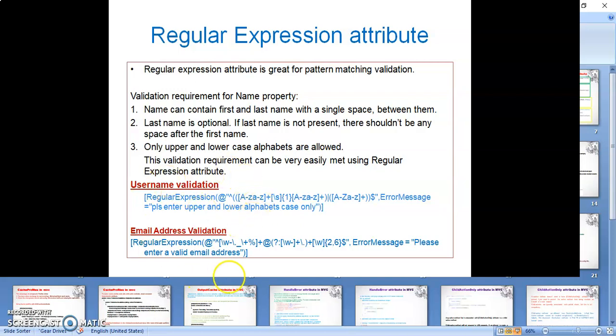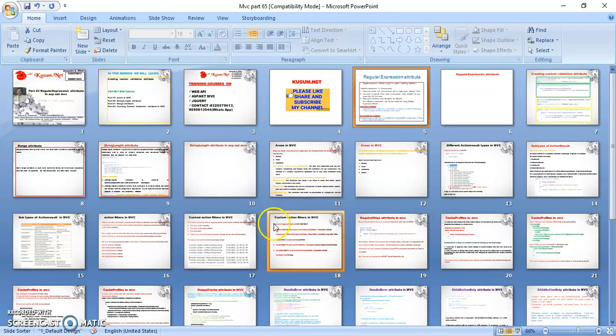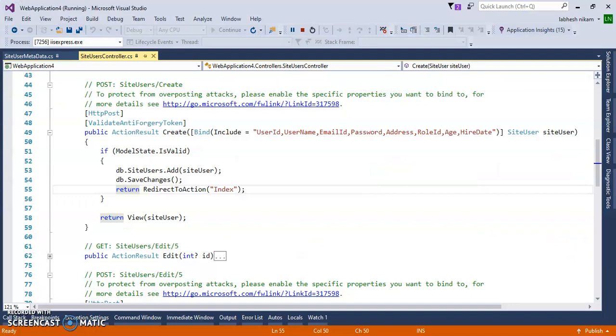Only upper and lower case alphabets are allowed. This validation requirement can be very easily made using the regular expression attribute. To achieve this we have to use this regular expression. Let's flip to Visual Studio and check how to do it.